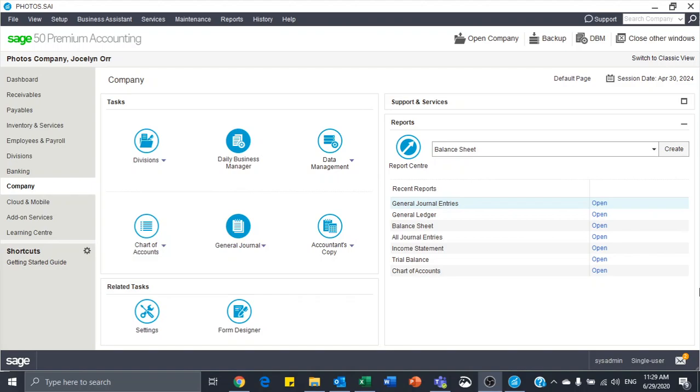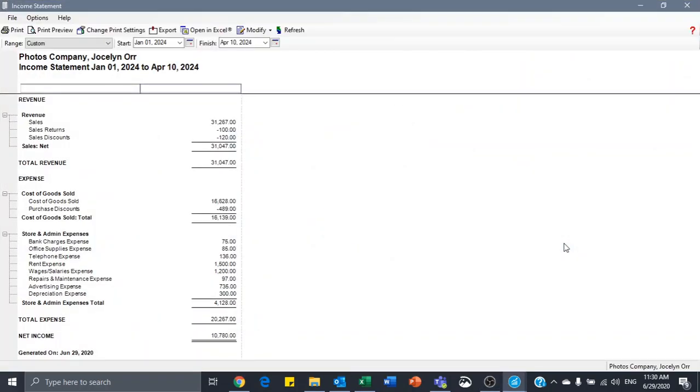Okay. When it comes to submitting your documents, I want to receive the required report. So in step 4, print your journal entries for the period January 2nd to January 12th with additional information, the income statement, balance sheet, and general ledger for all accounts. So those 4 documents need to be submitted to me, and they need to be submitted in 2 ways. So for example, if I look at the income statement, and again, this is for photos, not the assignment company, but